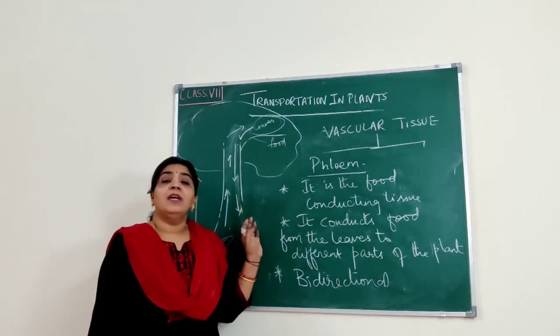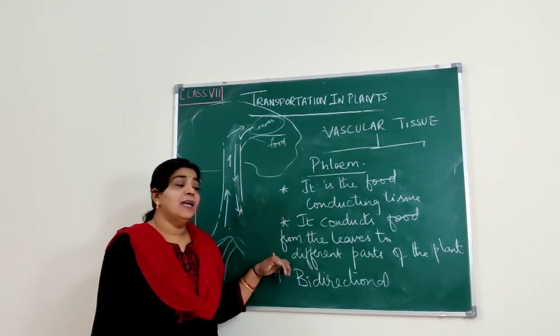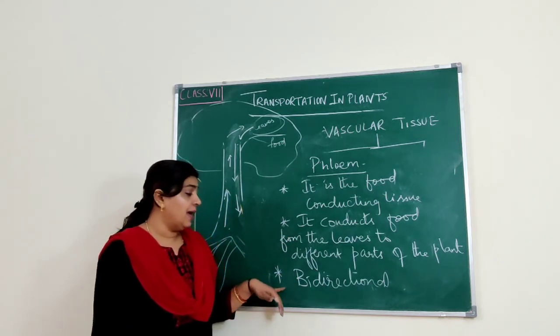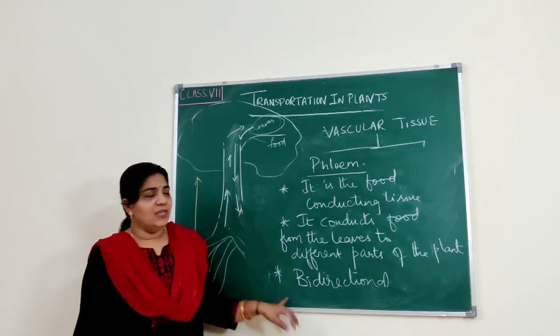Coming to phloem, it is a food conducting tissue. It conducts food from the leaves to different parts of the plant and it is bidirectional. Okay, understood? So that's about